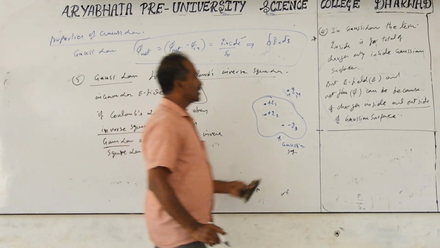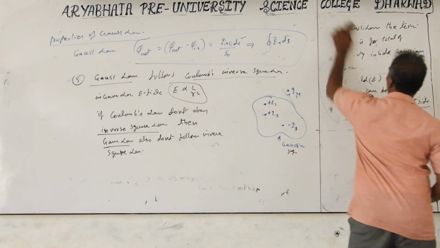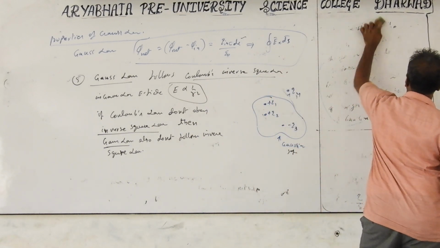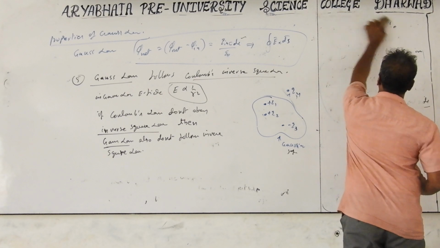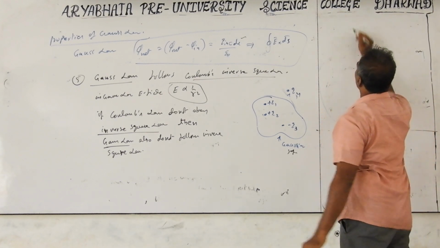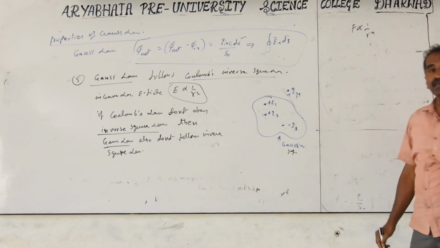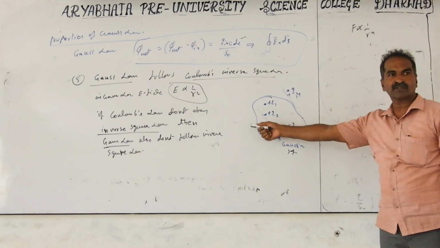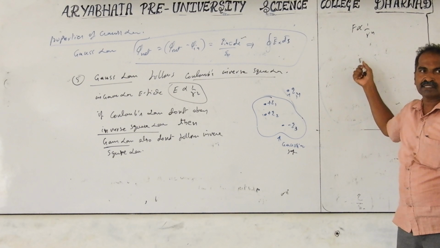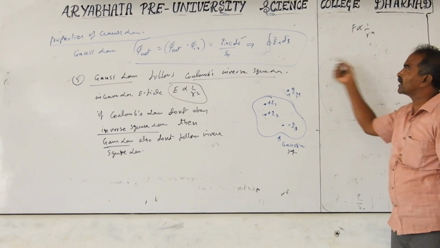They may ask a computation question. In case they say F is not inversely proportional to R square, they may give F is inversely proportional to R to the power of n, or R to the power of 3. Then also in this case, F will not follow the inverse square law, the same as whatever you have taken now, because E is taken from